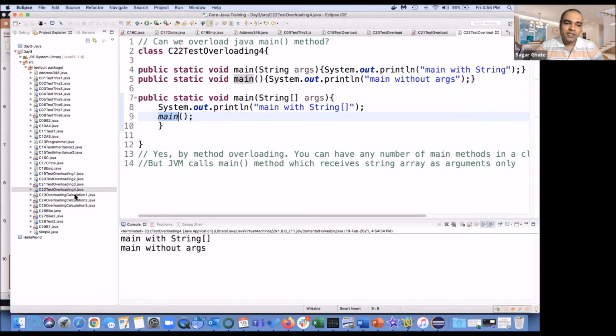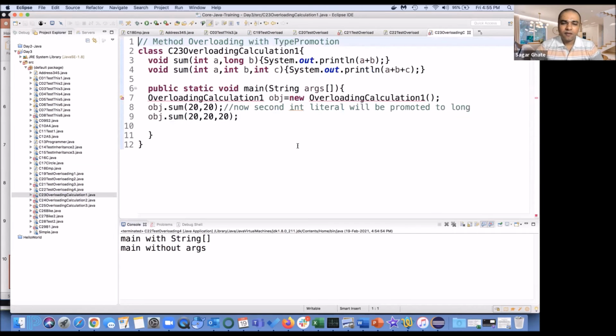Fine, moving to next one. Method overloading with type promotion.